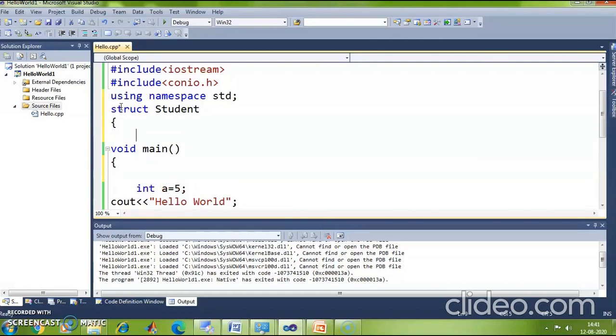Like what are the features of student? Features of students are roll number, name, date of birth, branch, semester. So I mention those features in this structure.